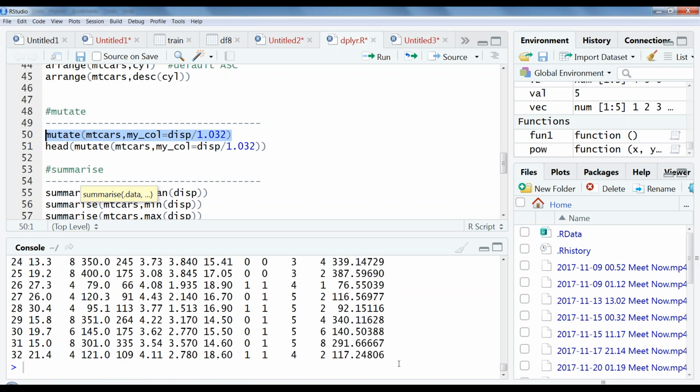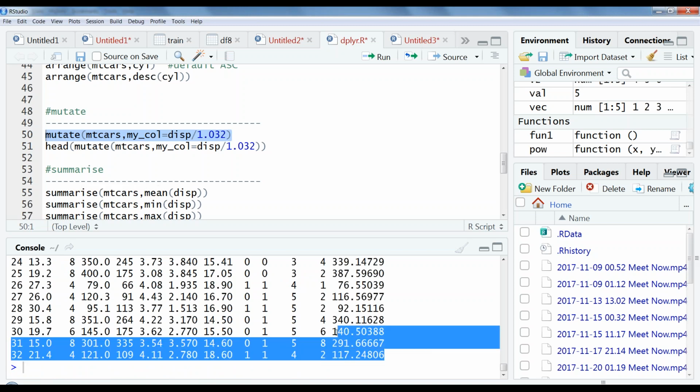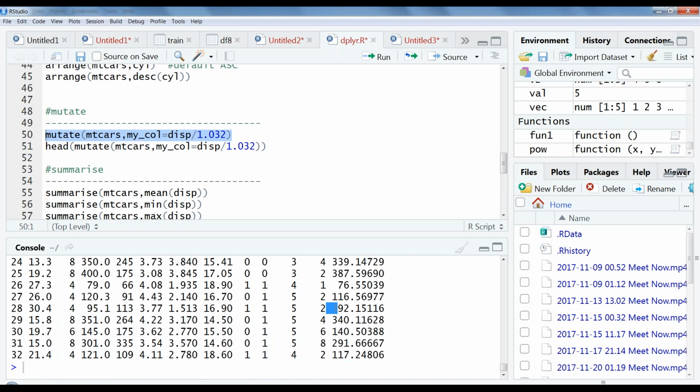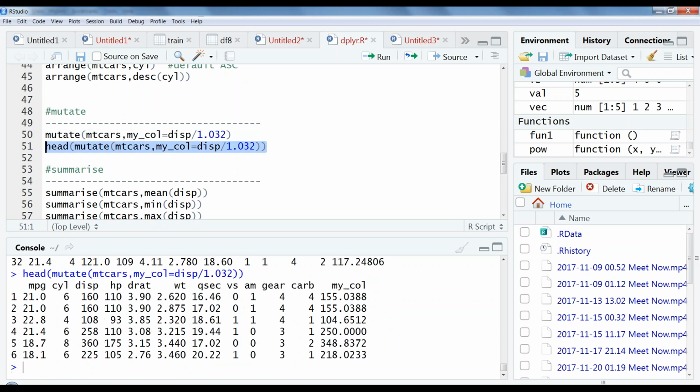So at the end, it is added, this 170, 291. The last column is my column. If you want to see it properly with the heading, you can see that as well. Head, I can see. So the last is my column. So this is what I have added to mtcars. If you want to add any new column to the data frame, we can use mutate from the dplyr